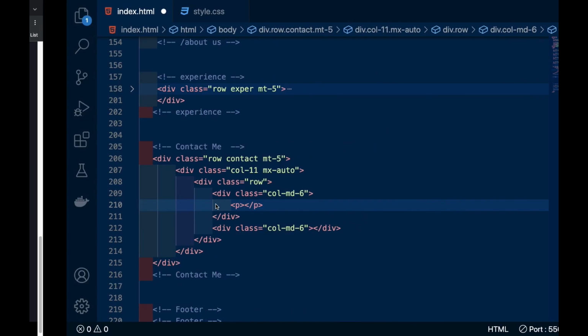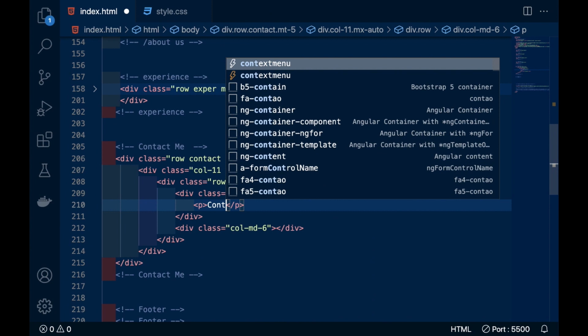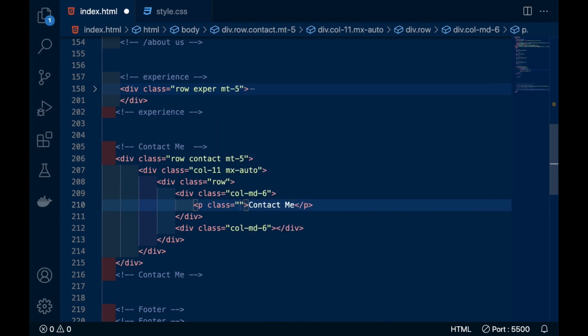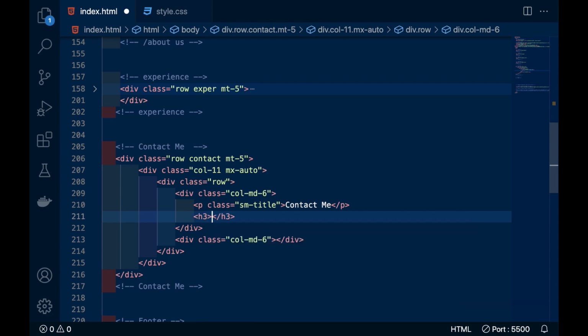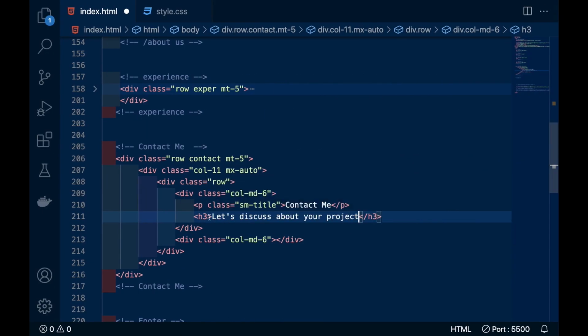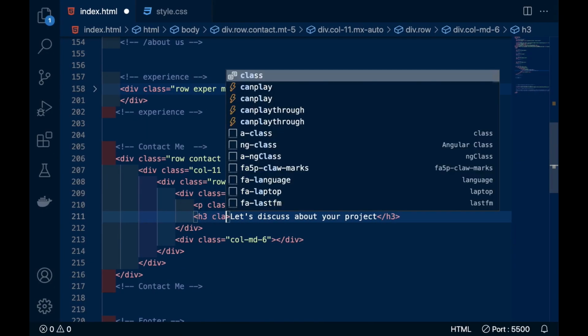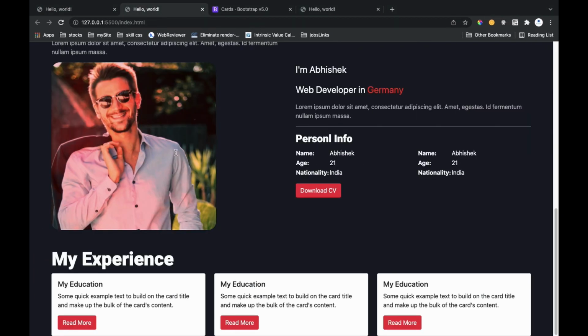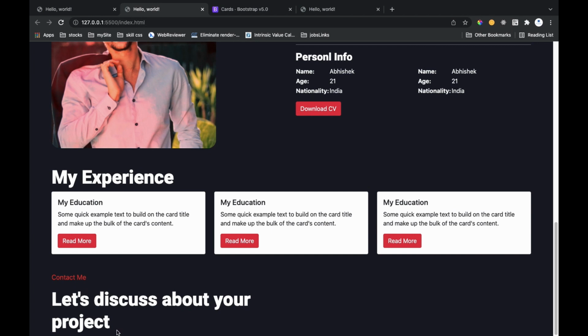The first one we have to write is contact me, class will be sm-title. Second we will use is let's discuss your project, and class will be lg-title. You know we have already defined it above, so you don't have to write the code each time.